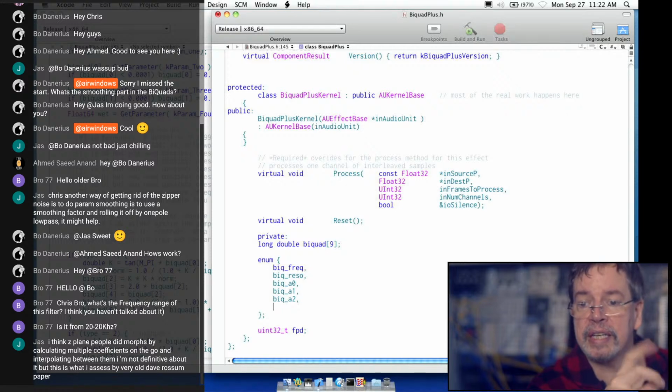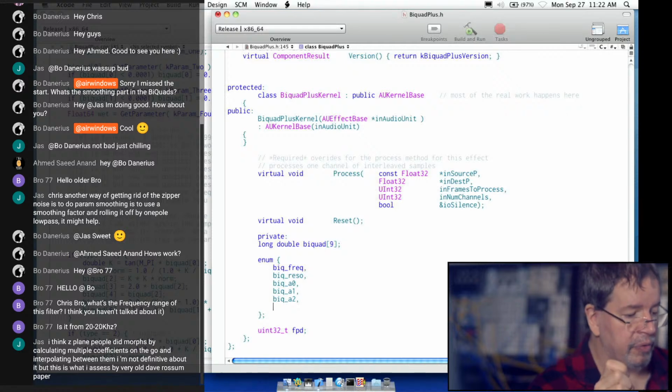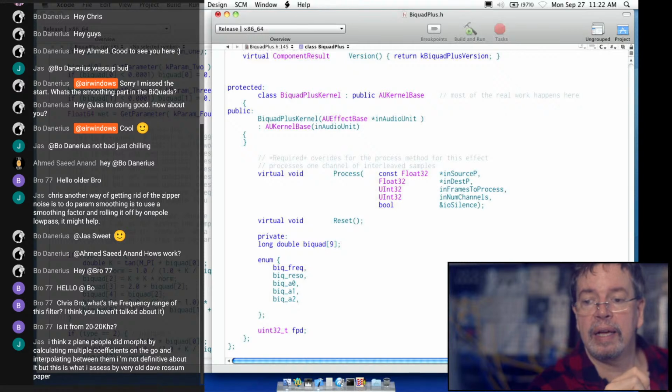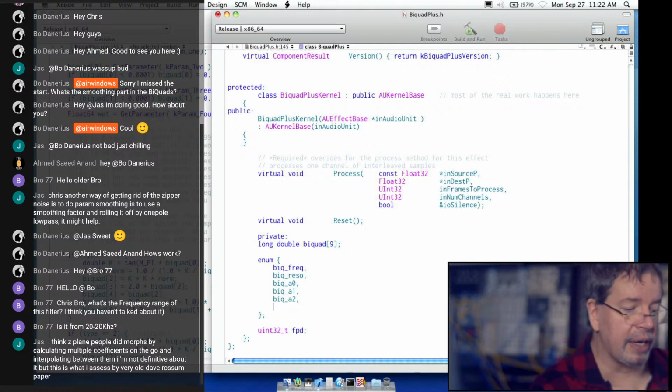And yep, I'm calculating coefficients on the go from the ones that I'm calculating using the Biquad math, and I'll be interpolating between them, and I'll be defining some more enums for the purposes of letting it do this calculating on the fly.